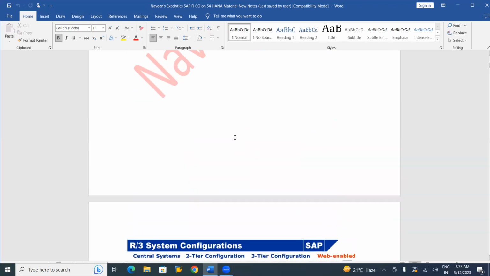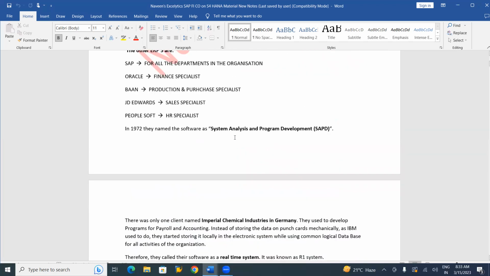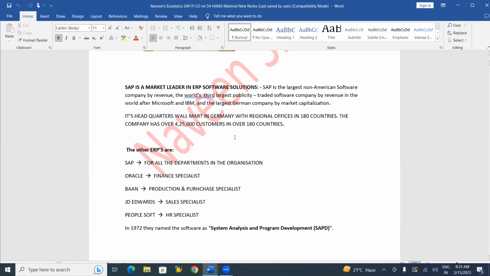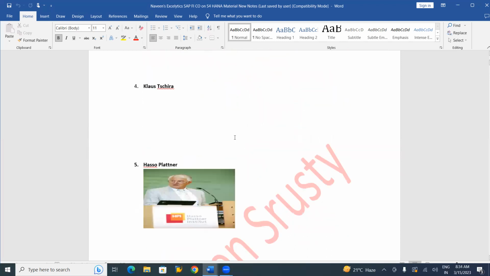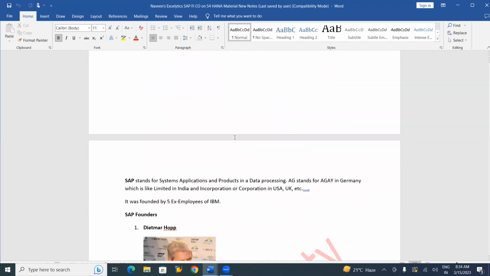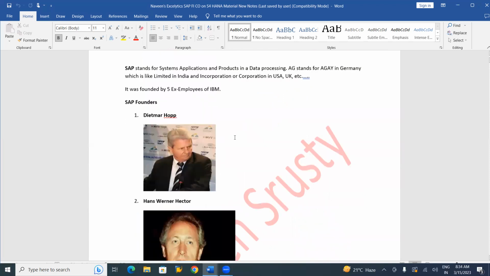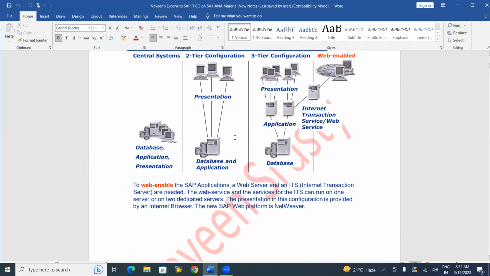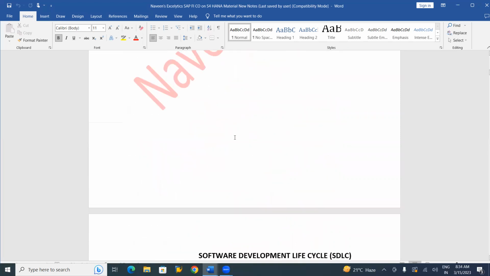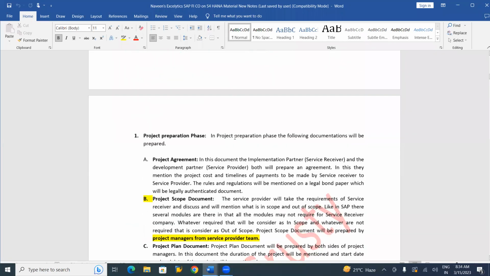We have already discussed the R1, R2, R3 concept, what the different ERPs are, why SAP is superior to all other ERPs, and the invention of SAP. Any question?